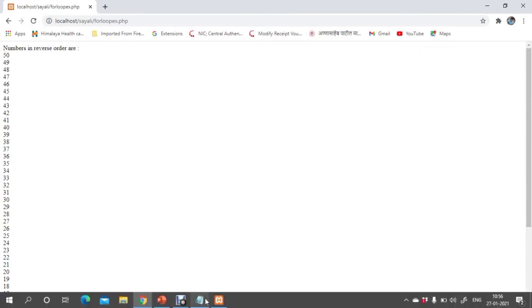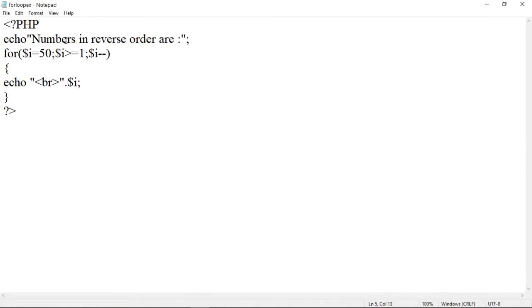Why? Because we have written this statement outside of the loop. So in this way we can write any program. We can check the values from 1 to 100, which values are odd or even. Suppose we want to print the even numbers from 1 to 50.